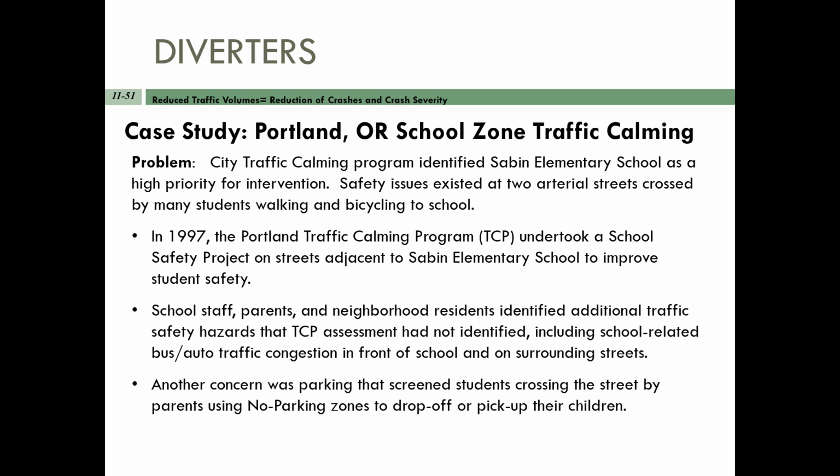Once again, you'll probably guess the outcome here, but this one was in Portland, Oregon, in a school zone, and they were doing traffic calming. It was Sabin Elementary School, and the safety issues once again existed along 2 arterial streets crossed by many students walking and biking to school. So in 1997, the Portland Traffic Calming Program, glad that they have a traffic calming program, I'd recommend that for a lot of agencies,